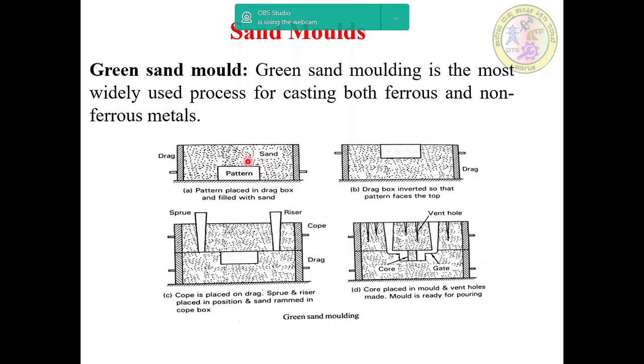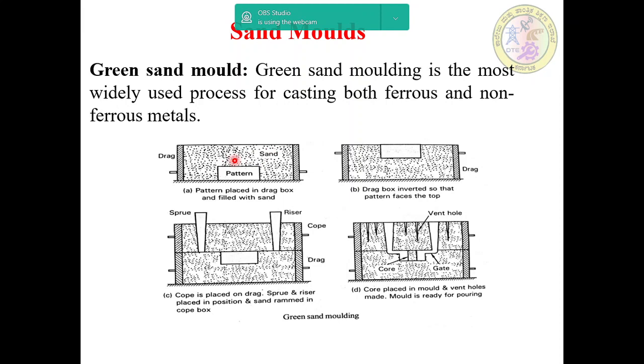Then you have to fill the sand. The molding sand is made up of silica sand, and then you have to add some binder, which is nothing but clay. Silica sand is around 85 to 90%, binder is around 6 to 12%, and water is around 3 to 5%. Additives are mixed to prepare this green sand mixture. Put the pattern in the middle of the box, and afterwards fill the molding sand up to the top level.